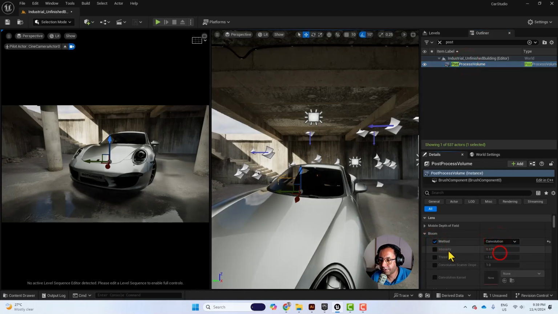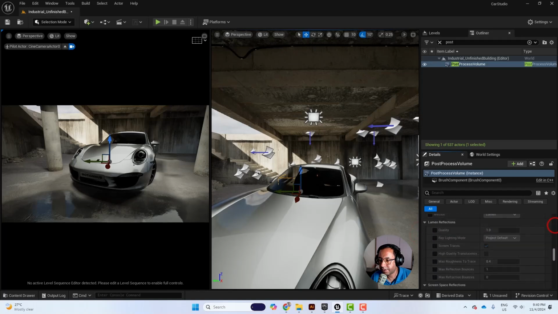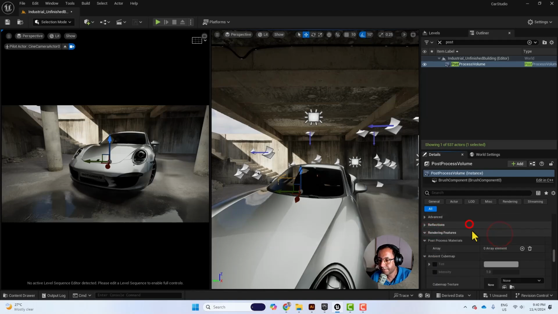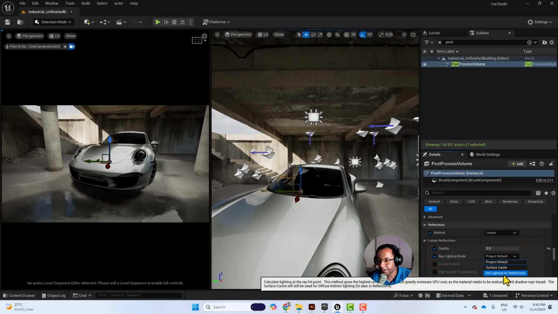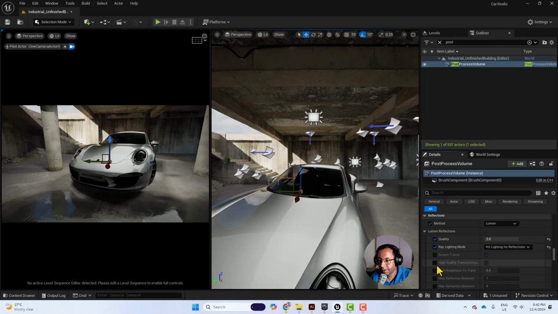we need to go to the search for post-process volume and adjust the bloom, make it convolution, and let's go here to reflection, set it to Lumen, quality 2, highlighting mode, hit lighting for reflection, and most important is the high quality translucency. I will activate it,